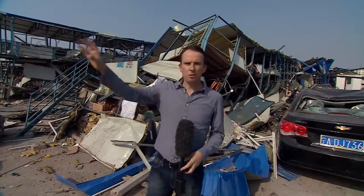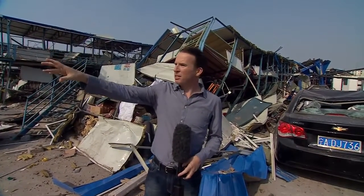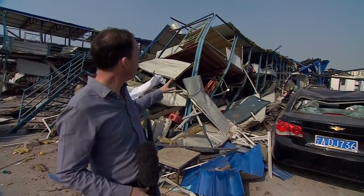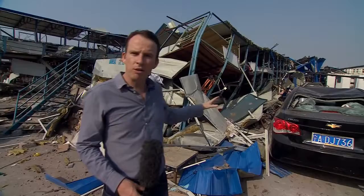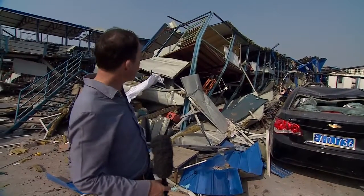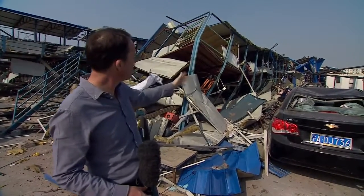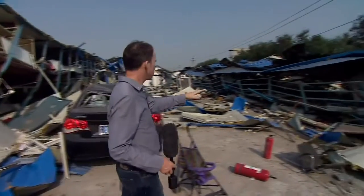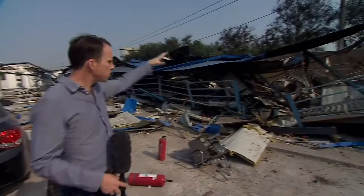Well, the site where the explosion took place is just 100 meters or so in that direction, and what you can see behind me here are the remains of a dormitory for migrant workers. You can see how the blast has torn through here, ripping the walls off, buckling the structure. If we move over this way, you can see how this, which was once a two-story structure, has collapsed